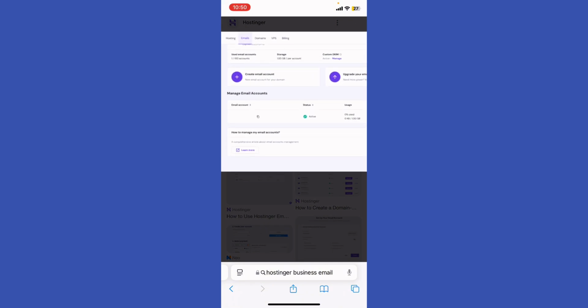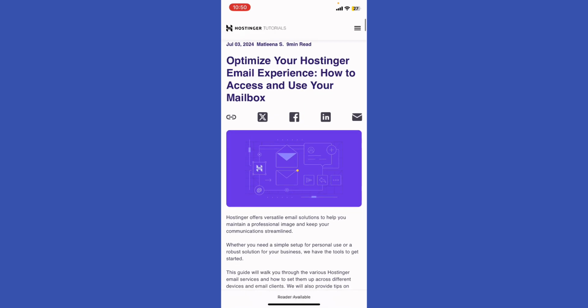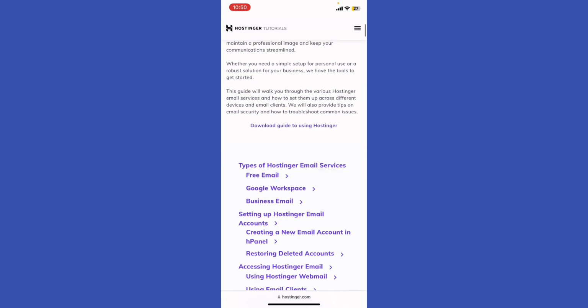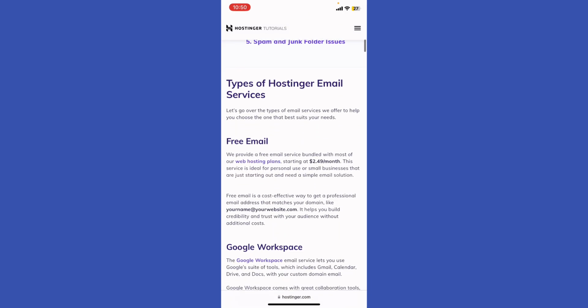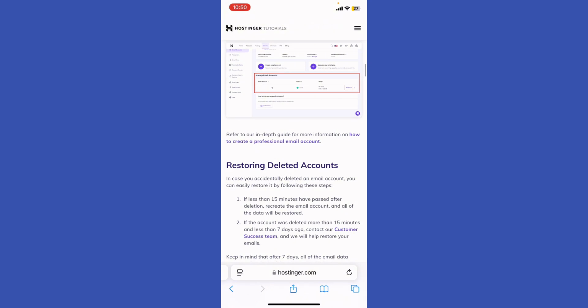And basically, once you create a new email and enter your desired email address, and then set a strong password, configure the mailbox size if applicable, right? Select the mailbox size if prompted, and then basically you need to save the changes, right? And then you're gonna be able to access the email. You can access your email through the webmail option, or set it up in an email client using provided IMAP